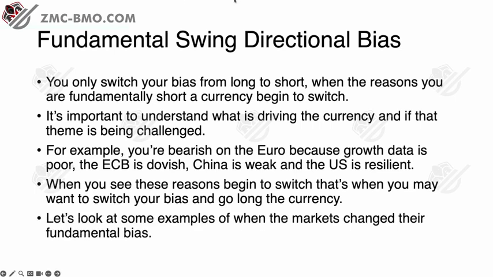Now, let's look at some examples of when markets change their fundamental bias. I'll give you 2 examples today. You can use exactly the same framework. So what you can do after this video is go through G10 or G8. Obviously, G10 includes Norway and Sweden. Most of us don't trade those, so G8 technically, if you want to be by the book. Do what I did, and it can work for you. You might find a better way for yourself. That's fine. But do this for all the G10 or G8 currencies and go from there.